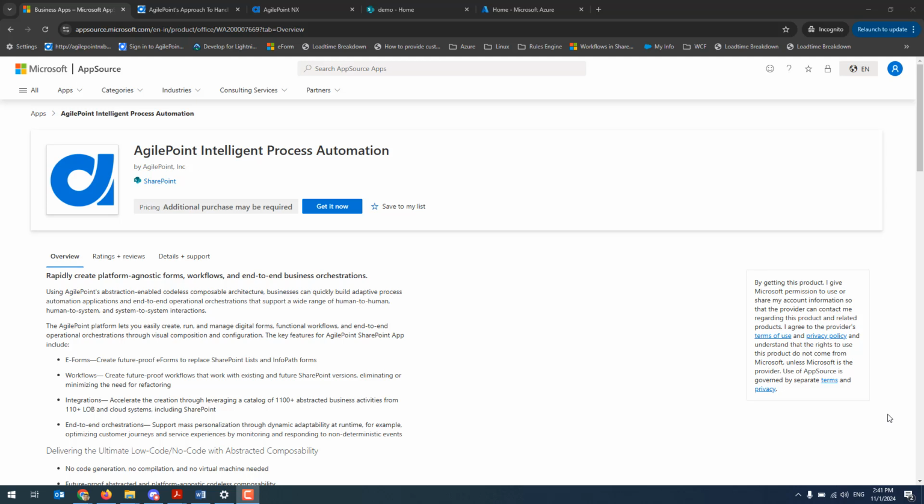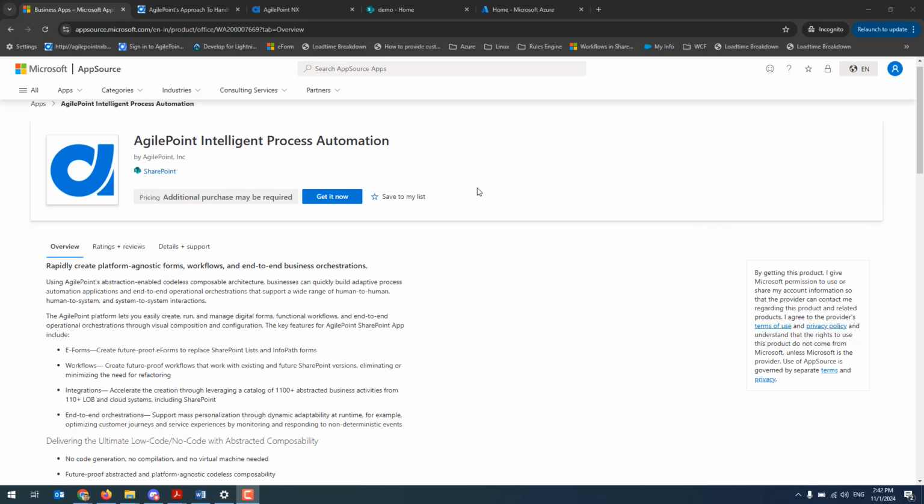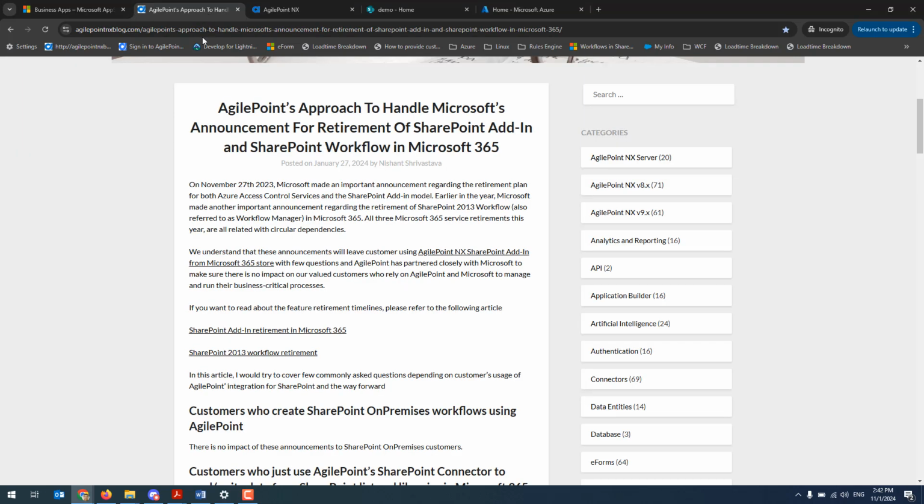There are various timelines set by Microsoft to phase this out, and all the details are available in the blog post. In case you have not referred to that blog post yet, here is the blog post available on the product blog site. If you are an existing AgilePoint customer who uses AgilePoint for creating workflows or list forms in